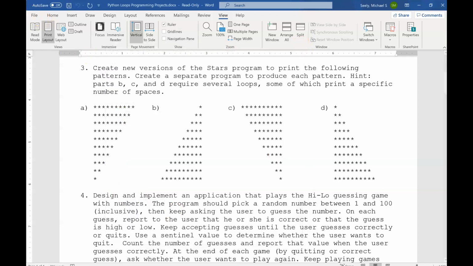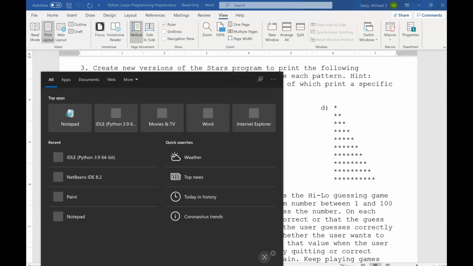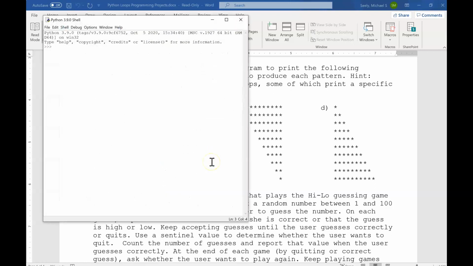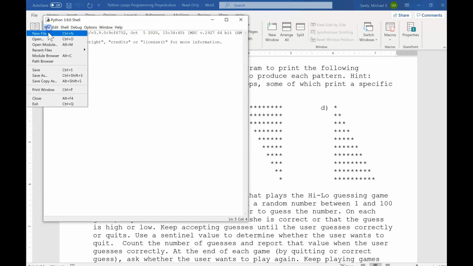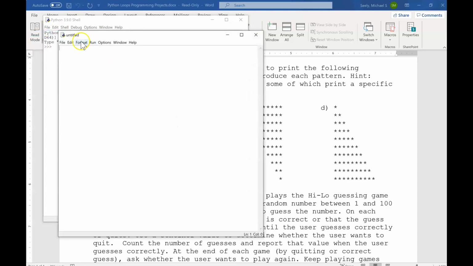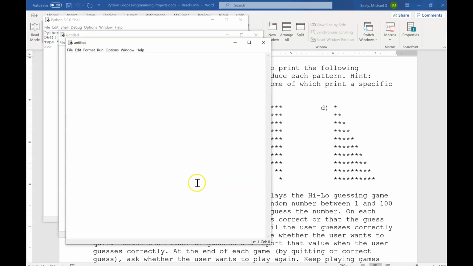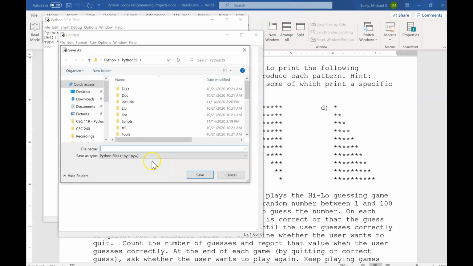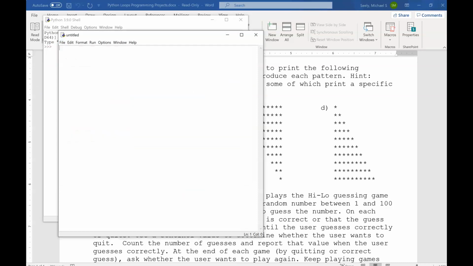Next up, let's do a rock, paper, scissors. Okay. So with rock, paper, scissors, file, save as. Rock, paper. Okay, so for rock, paper, scissors,